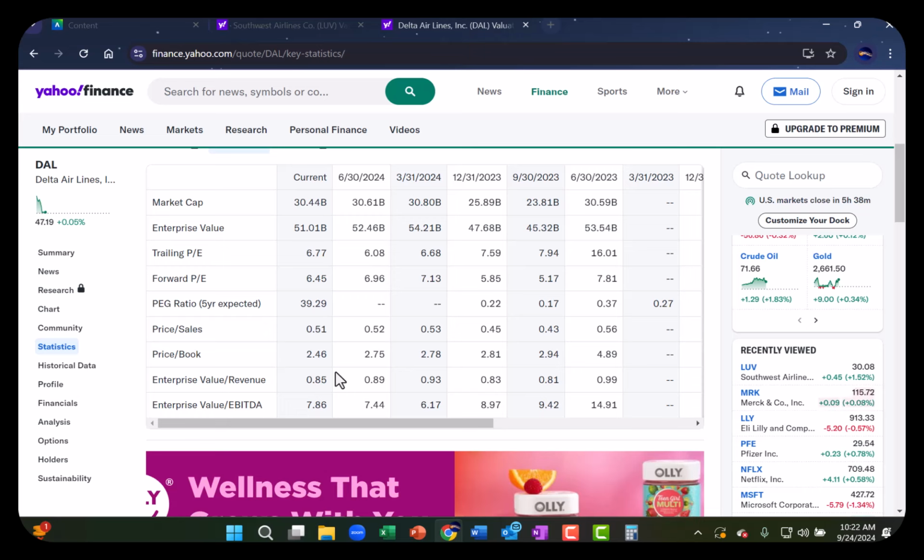If there are firms in different industries, all bets are off. Even let's say NVIDIA versus Microsoft. Well, NVIDIA is a hardware company, so a lot of their assets are depreciable assets. On the other hand, Microsoft is a software company, so price to book comparisons are not that good. The only time price to book comparisons make quite a bit of sense is if you're comparing banks, then it's okay.